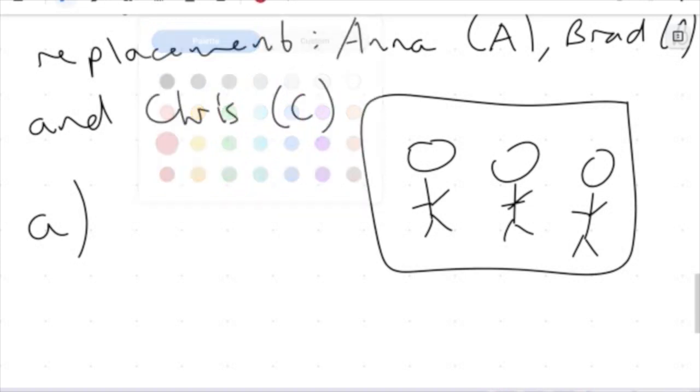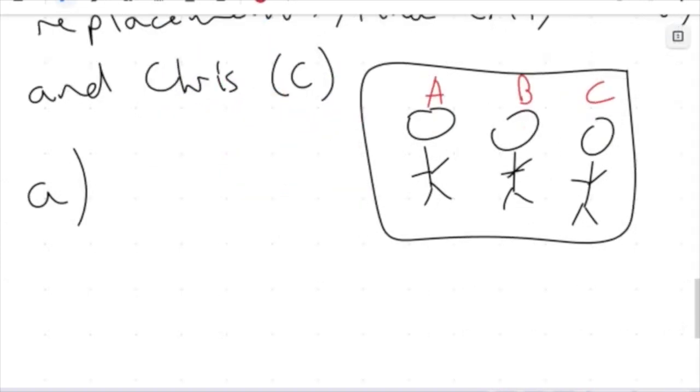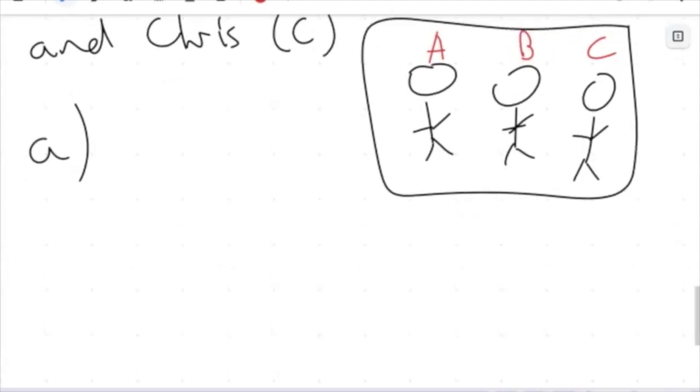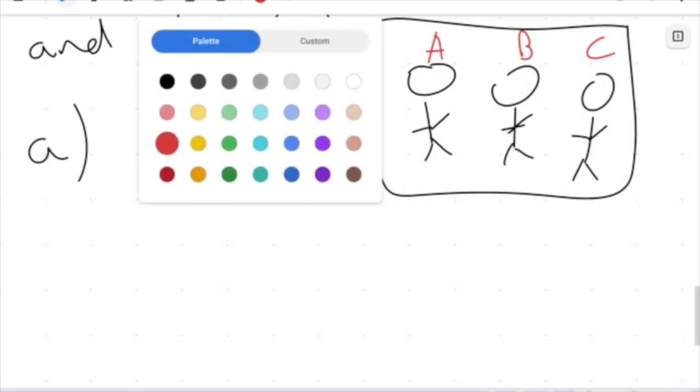So, I have Anna, Brad, Chris. Now, I want to draw my tree diagram. So we want to first ask ourselves, when we come up with this tree diagram, how many options do I have to start off with? That'll tell us how many branches we have to draw. So I have three people here. So that means when I go and draw my tree diagram,